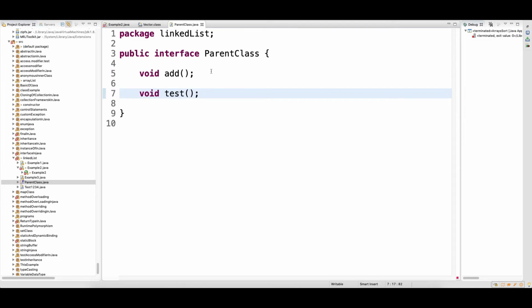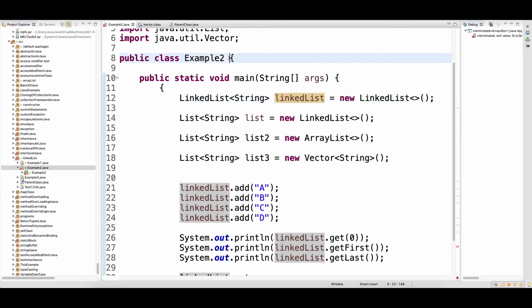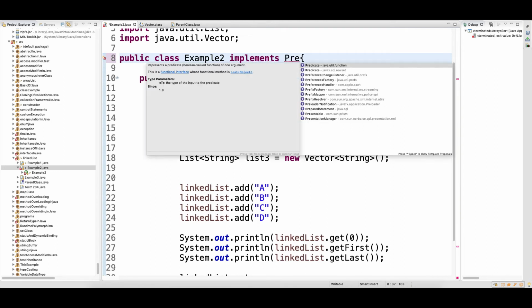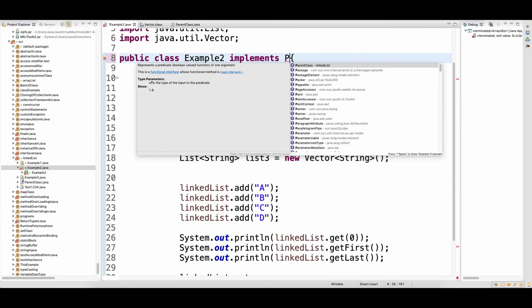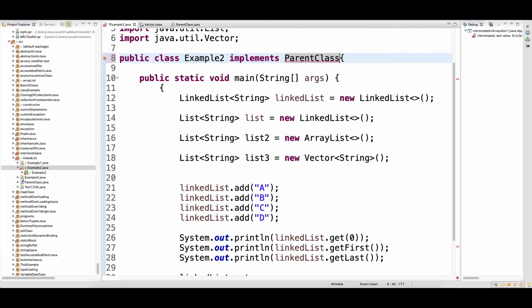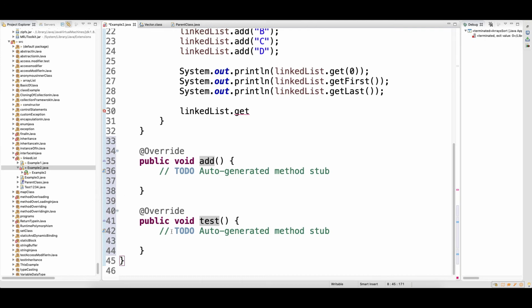And this is your parent class. So when this guy implements the parent class, this guy has to write the implementations of both methods. So both methods came here.